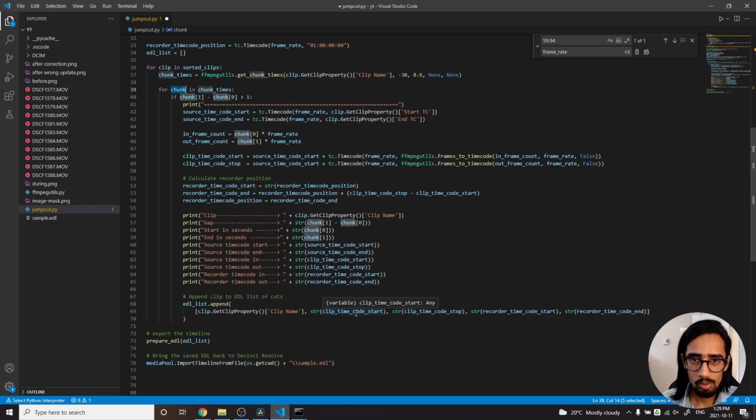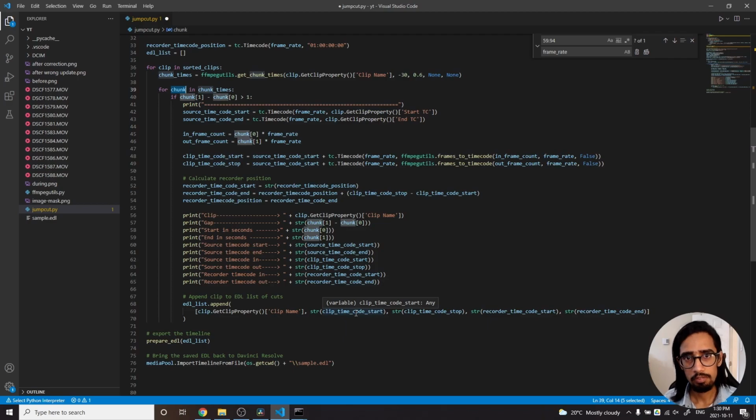I will not go into details on how the EDL works, but it's a generic pattern which a lot of editors or non-linear editors use, like Premiere uses EDL, DaVinci Resolve uses EDL. There are numerous other EDL formats as well, but the most common one is CMX 3600, I believe. Correct me if I'm wrong, but that's the pattern which I'm following.